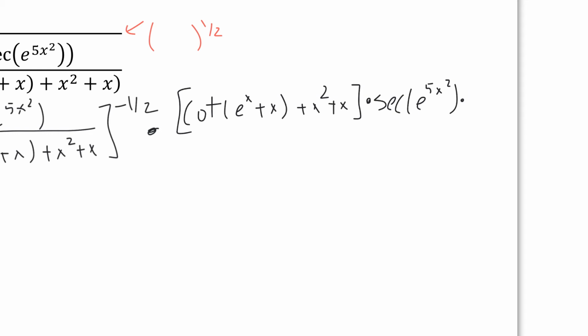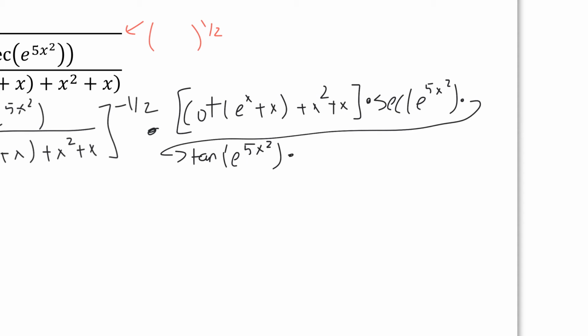times tan of e to the 5x squared times the derivative of e we know is just e, so e to the 5x squared times 10x. So here we have low d high